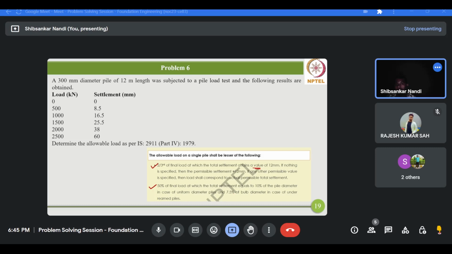Now we are getting two allowable loads, corresponding to the first condition and second condition respectively. Now the minimum of these two allowable loads will give you the final allowable load for a single pile. Okay, so